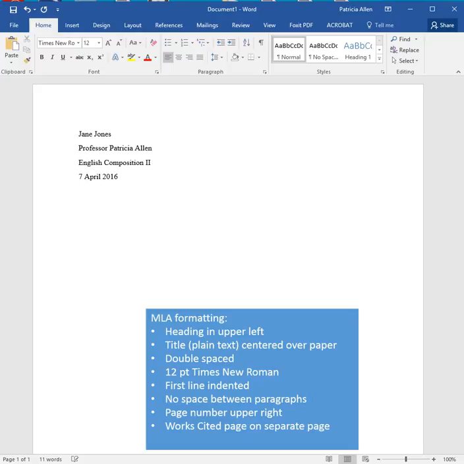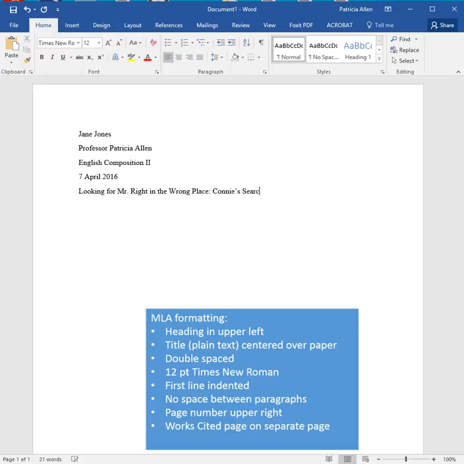Then we'll skip a line, and you're going to put the title of your paper. You're going to create a unique title for your paper. You're not just going to call it "Where Are You Going, Where Have You Been?" That's the name of the short story that you're writing about. So you might create a name that covers what you're discussing in your essay. Try to use something clever. I'm just going to say, "Looking for Mr. Right in the Wrong Place: